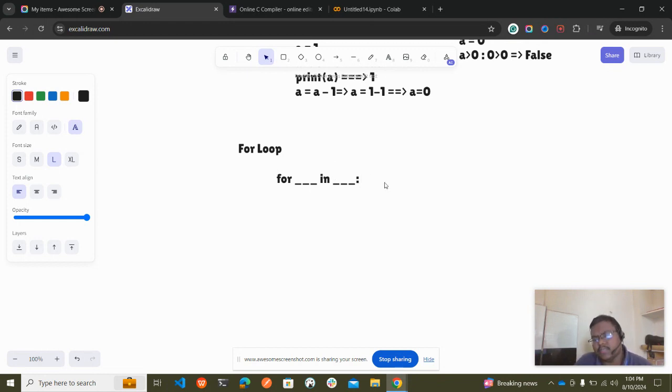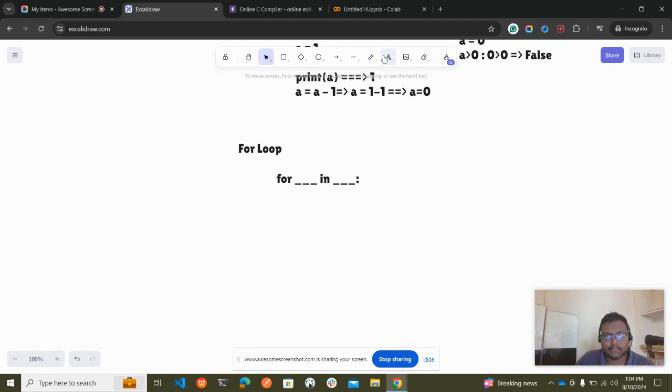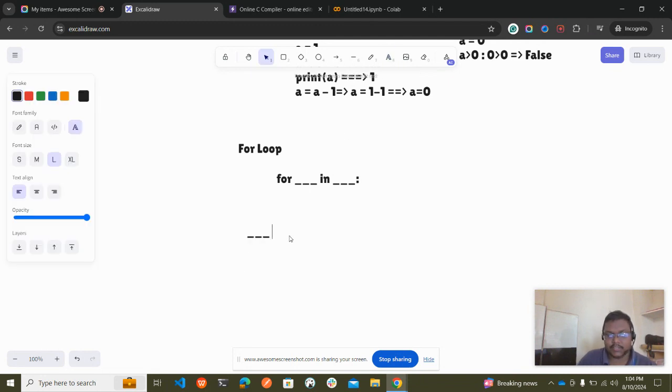Akhil, you have put the two dashes. What do I need to fill in there? This first dash you need to fill up with the iterator. Which means you can use any variable to iterate over a sequence. I can use i, L, Z, K, or you can use anything. You can use underscore also. Anything, but it should iterate over a sequence.